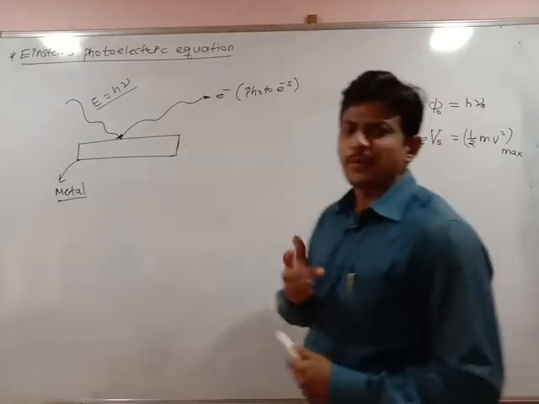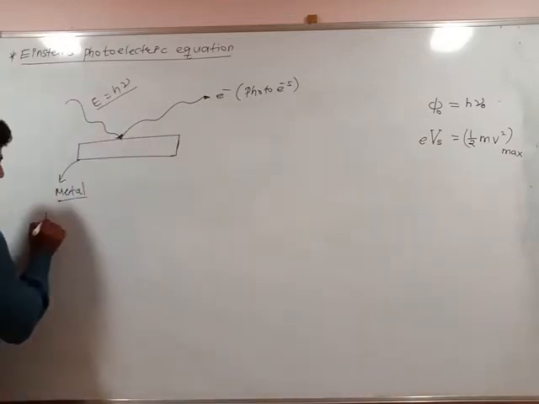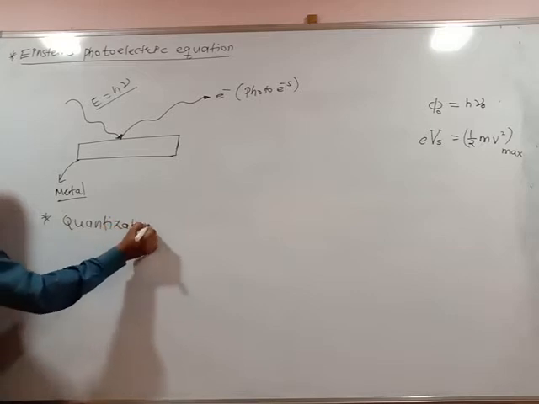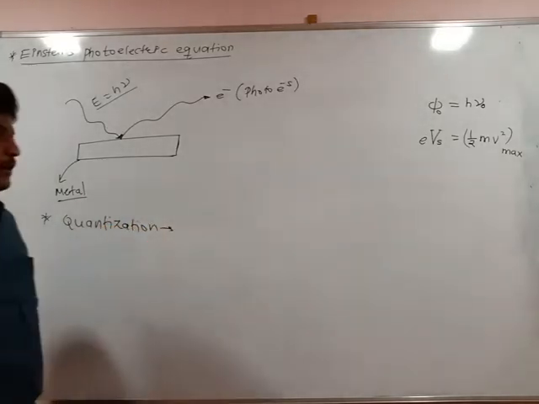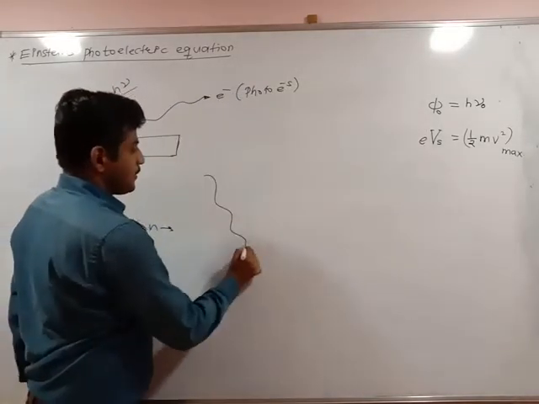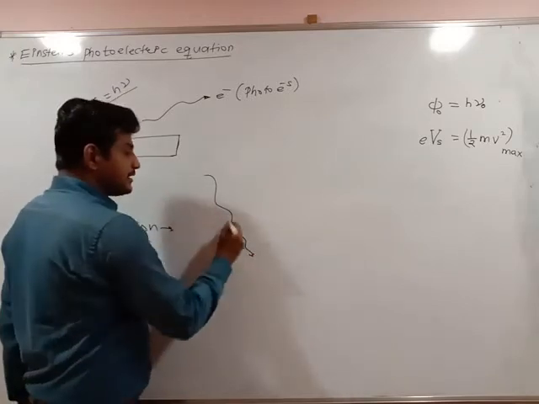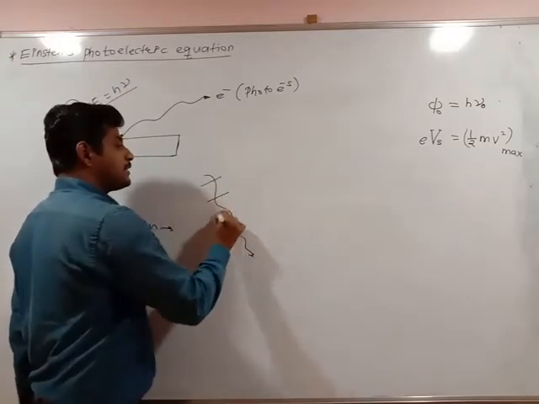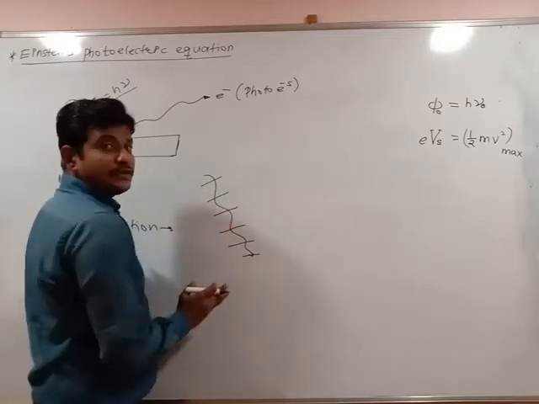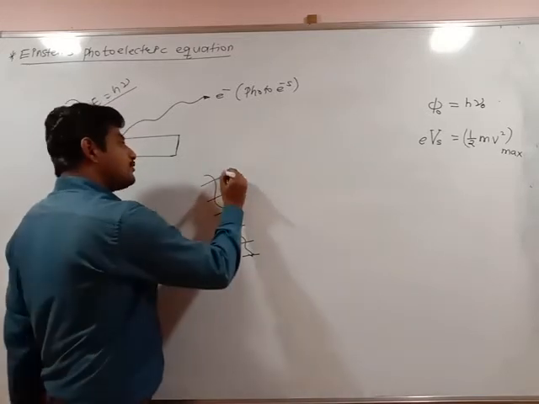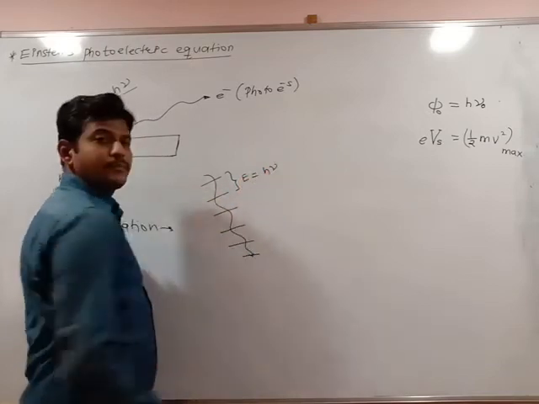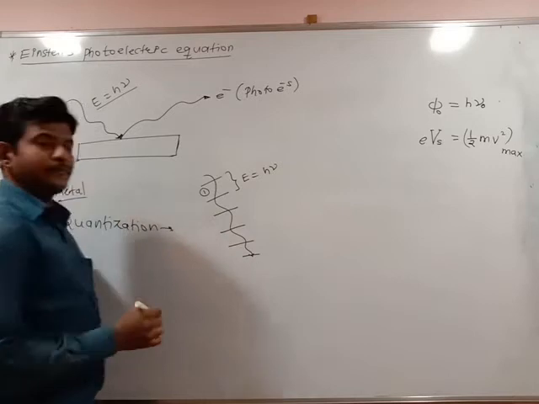So what is meant by the concept of quantization? This is a new word to you, quantize or quantization. We know the energy coming from the sun reaching the earth's surface is said to be continuous. But for the first time the scientist Max Planck put forth his idea that if we divide the continuous radiation into a number of small radiations, the energy of each small radiation is equal to h nu. This is the energy of one photon.